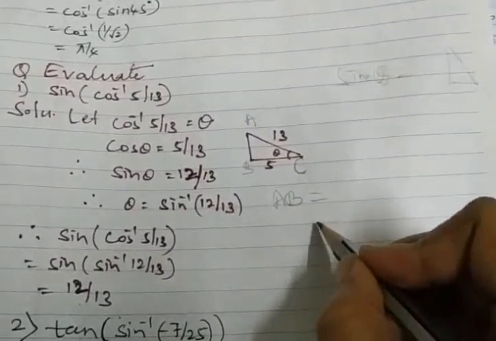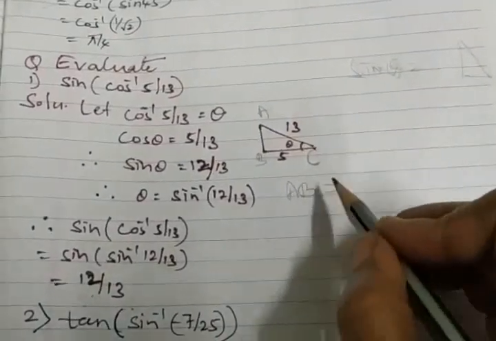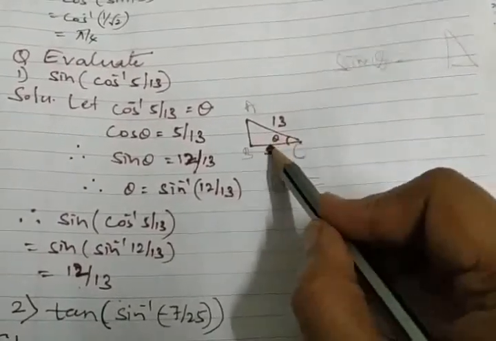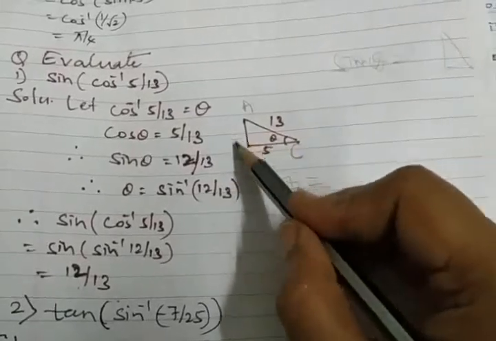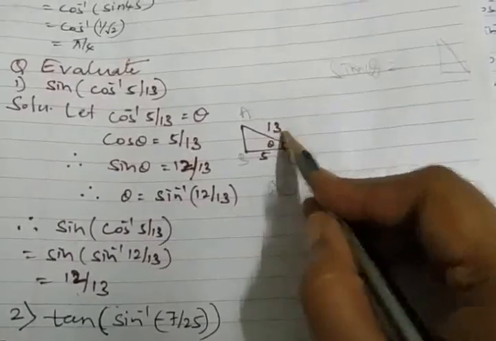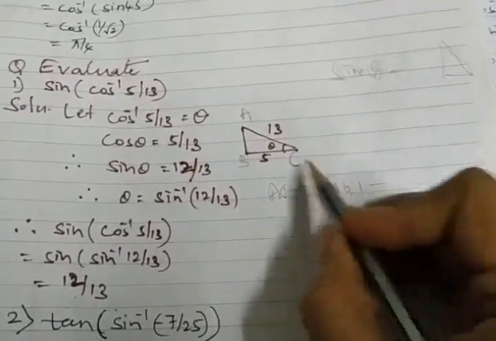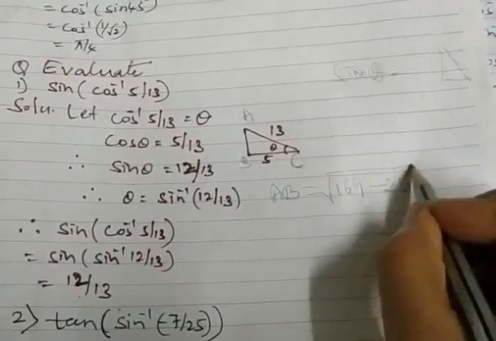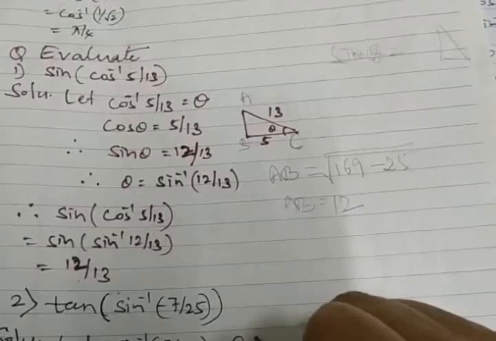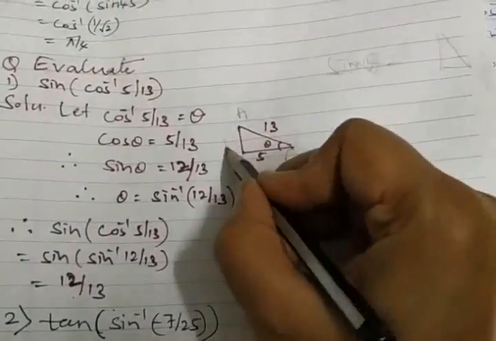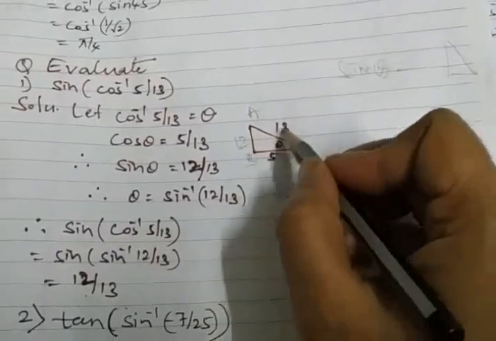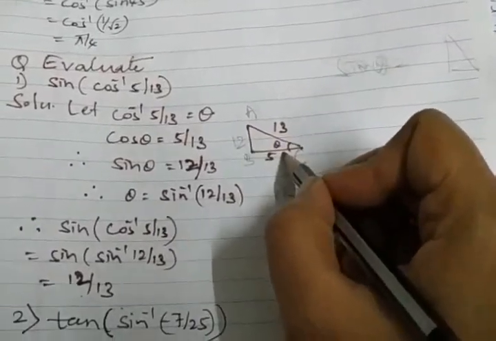So this is not rough work. I just kept it pending. You need to calculate one step here, whereas you can remember the triplet very well. The triplet is 5, 12, 13. Straight away you can put the value, but write one step here: AB is equal to square root of 13 square, 169, minus 5 square, 25. So now do the calculation, and just write one step here as 12. Once you do this, we find all the three sides of the right angle triangle. Once we have all three sides, no one can stop you from writing all the trigonometric functions.